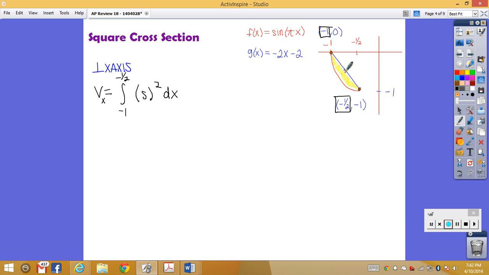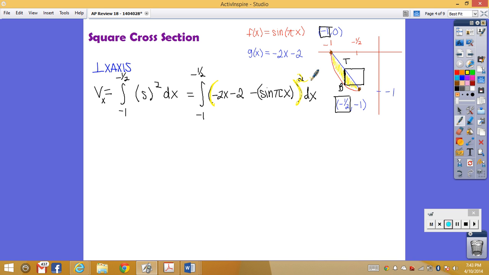So over here, perpendicular to the x-axis would be this, and I think it's going to help you guys to draw your shape. This is particularly helpful for circles, so that you can kind of see what the top and bottom gives you. In this case, it gives you the actual side. So this one would be the integral from negative 1 to negative 1 half of the top function, which is the line, negative 2x minus 2, minus the bottom function, which is sine of pi x. I don't really need the parentheses, but I'm going to put them there so that you remember to focus on putting your parentheses. So that would be, and let me just highlight it one more time, side